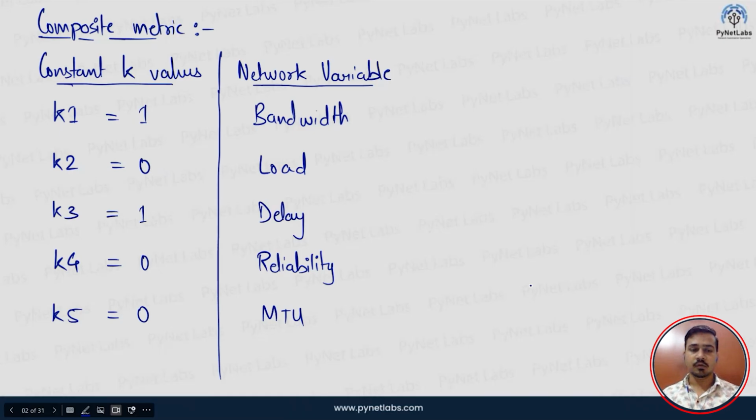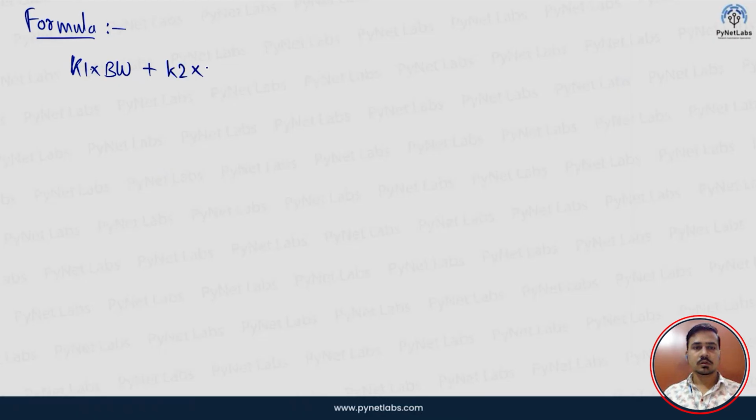Now, if we come back to the formula, there is a formula that we generally use in order to calculate the metric. The formula goes something like K1 multiplied by bandwidth. Then we have K2 multiplied by bandwidth, and this whole thing is divided by 256 minus load. Then we add this whole thing